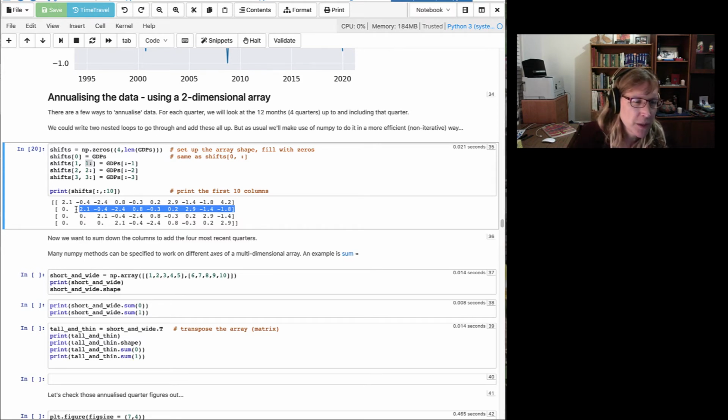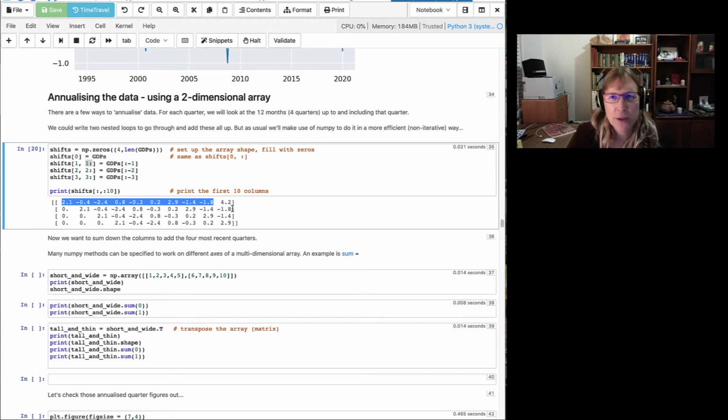So the size we've got here is from 1 to the end, so we're missing out the first one, and here we're missing out the last one. So what we're doing is we're taking these ones here and we're putting them one place further to the right, and then we're going to keep doing that. So the next one we want to shift 2 places to the right, so we can only fit in here